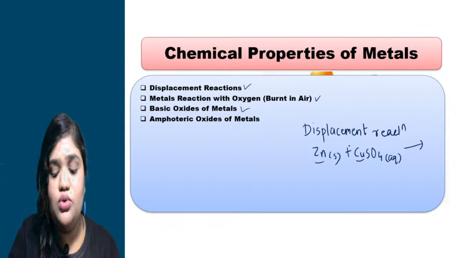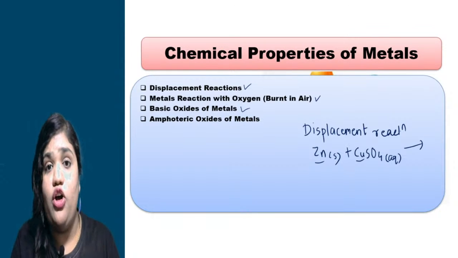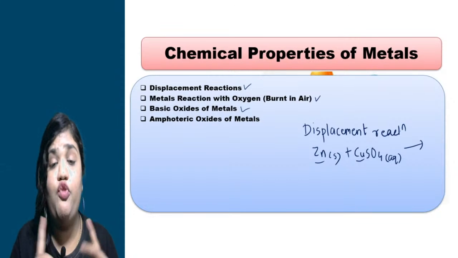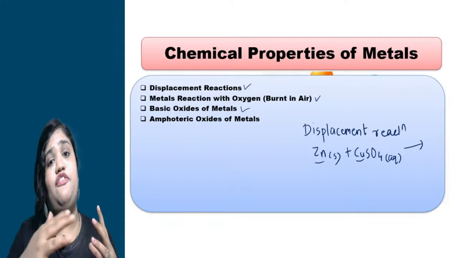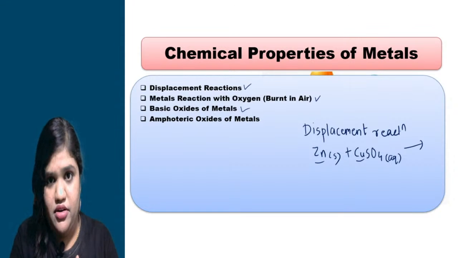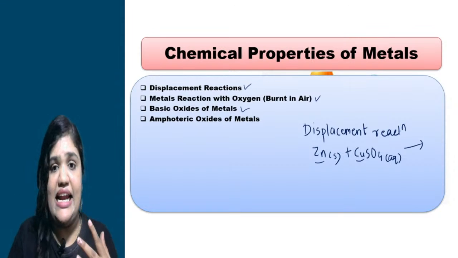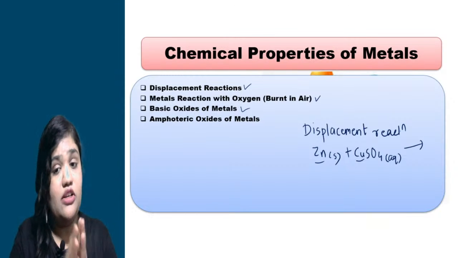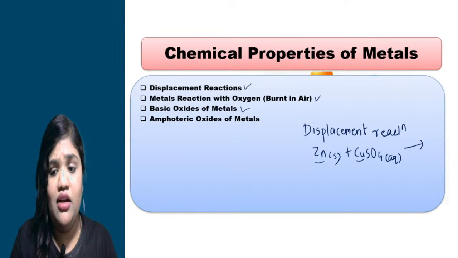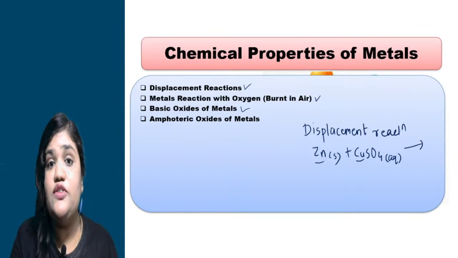So we are going to learn about the reactivity order of metals also. This point is very important. If you learn this point over here, definitely you will use it for a lifetime. Because in 9th standard, 10th standard, 11, 12, you can use this reactivity order. So definitely we are going to discuss that. So here zinc is more reactive than copper.